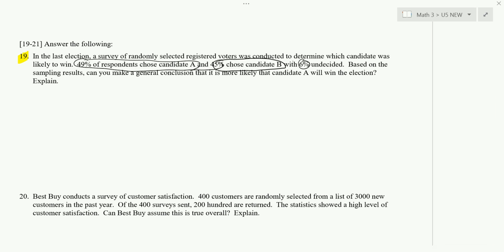And then also these are just statistics. You know, there's some error involved in statistics as well. So our sample may be 49%, but in reality it may be a little less than that, and our sample said 45% for candidate B, but in reality it may be a little more than that. And so we cannot make a general conclusion